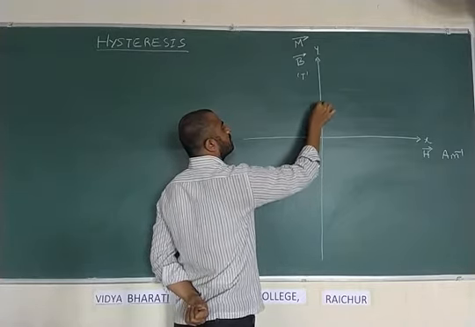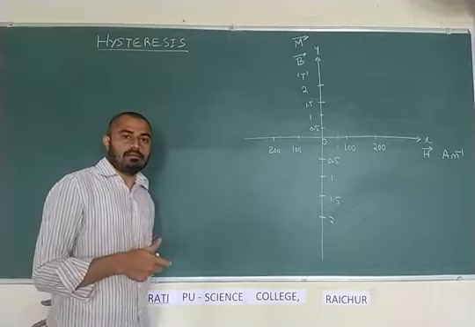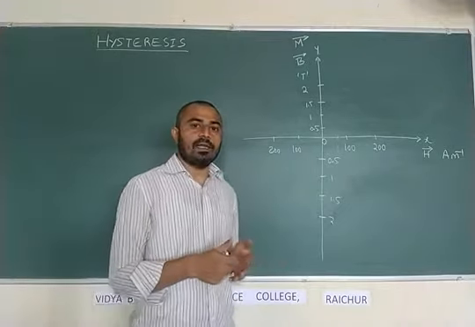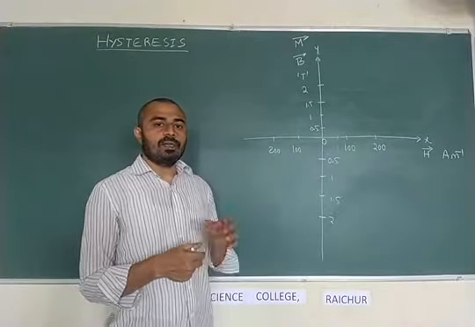See what we are studying here on plotting this graph. Let me tell you, we are subjecting a ferromagnetic material to an external magnetic field. We are subjecting that ferromagnetic material, such as iron, nickel or cobalt, to magnetize it. If you subject that ferromagnetic material to an external magnetic field, how will it respond? Its response is studied on subjecting it to an external magnetic field.